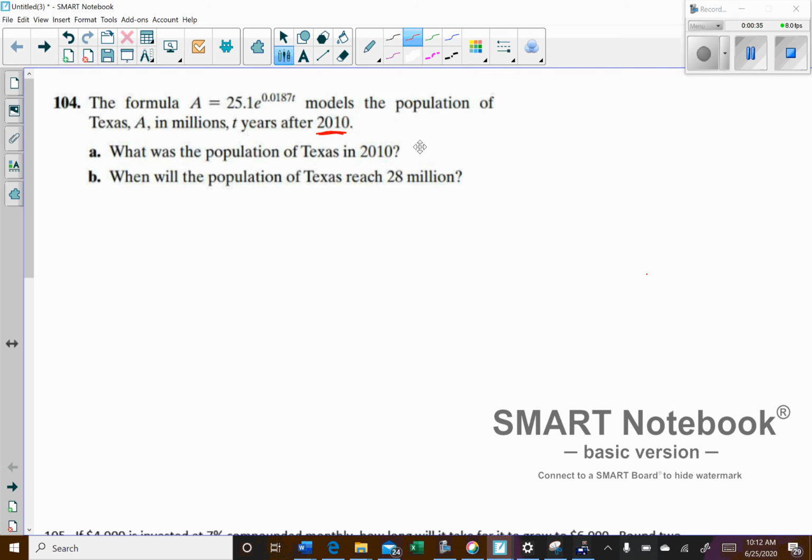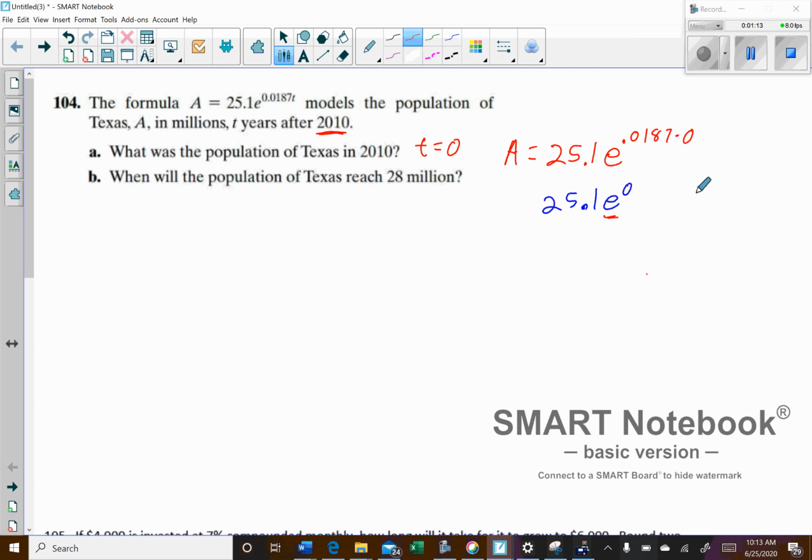Well, that would correlate with t being equal to 0. Okay, so t is years after 2010. So if it's 2010, t is going to be 0. So we'll have A equals 25.1 times e raised to the power 0.0187 times 0. So then we're going to get e to the power of 0, and we should know this. Any base raised to 0, as long as the base is not 0, which e is not 0, will be